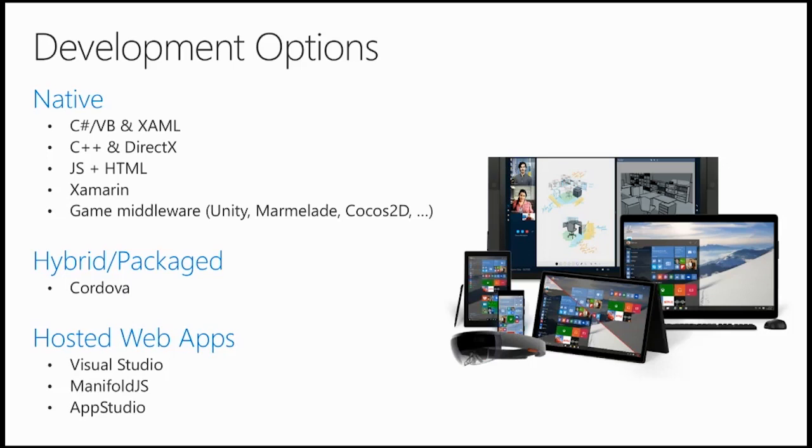Then next to that, another option to build this Universal Windows Platform app is to build what is called a hybrid or a packaged application. This is using Cordova or PhoneGap as it used to be. So you're basically using web technology, and you're packaging that web technology, those HTML